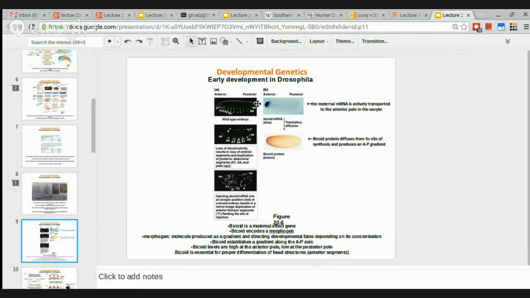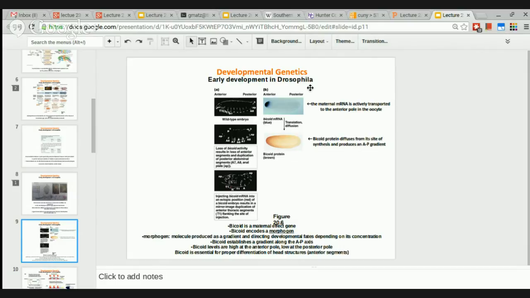And in all of this discussion, I really want you to pay attention to what is mRNA and what's protein, not the same thing, okay? So be careful. We're talking about the mRNA at this point. So the maternal mRNA is actively transported from the nerve cells into the oocyte, and then the maternal mRNA is actively transported to the anterior pole of the oocyte. And there,